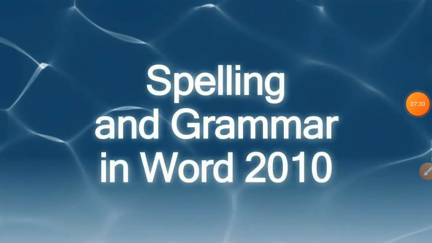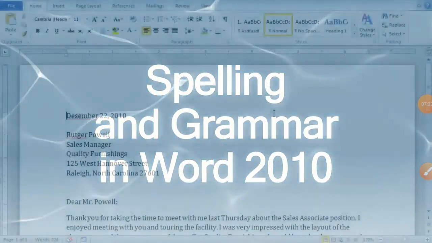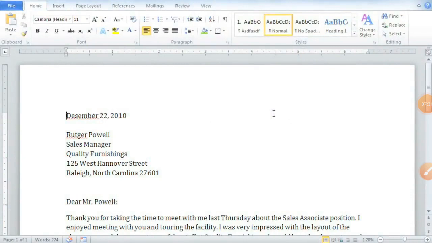So it means we find three wavy lines here, and how can we correct them? How can we make it correct? For the correcting, let's have a look at this video. Okay, student, now we have a topic here, spelling and grammar in Word 2010. If you have version 2013 or 16, no problem, you can do that.